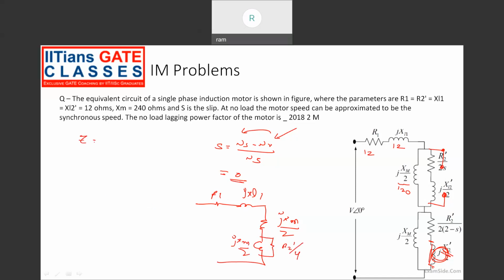So the equivalent impedance Z equals R1 plus JXL1 plus